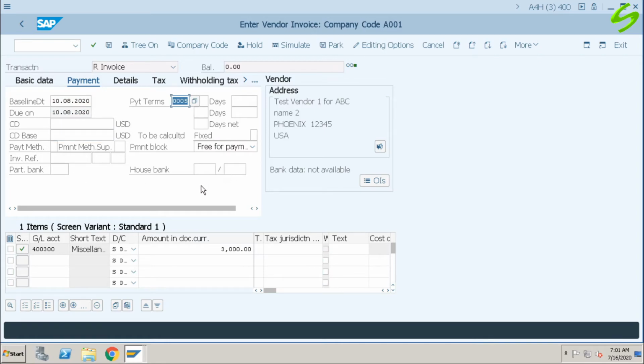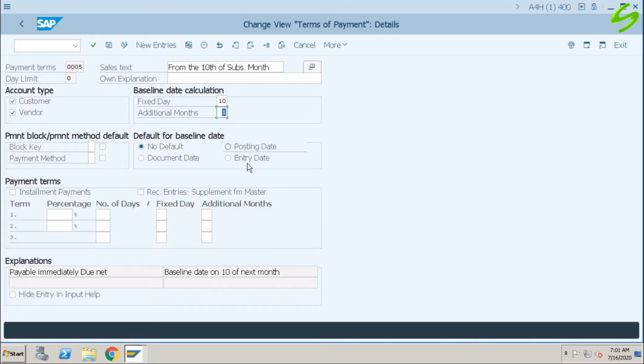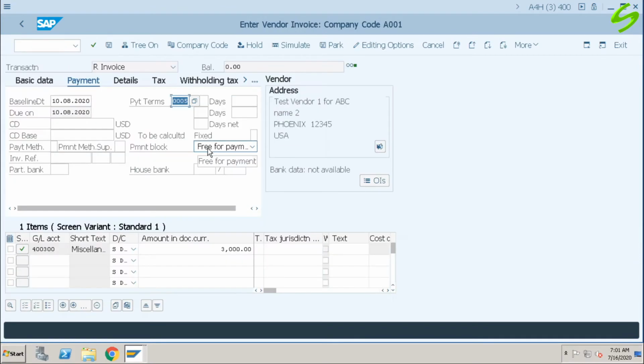Enter. My baseline date is no default. Since I have given a fixed day 10th of next month, this is July, so the baseline date is 10th of August. And since this is due immediately, it is due on the same day as baseline date.